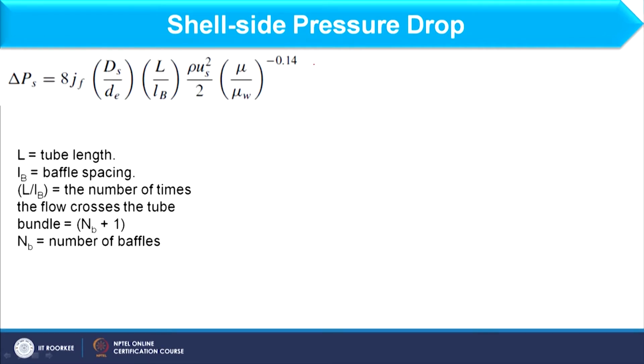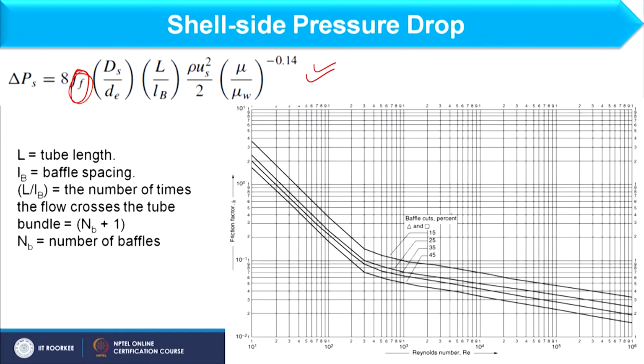If you see here, we have the expression to calculate the shell side pressure drop. JF is again the frictional factor, which you can see from this graph. It will depend on the baffle cut. Whatever baffle cut you are considering, based on that you can see the JF factor depending upon the Reynolds number. And here we have ds by dE. dE is the equivalent diameter that we calculated in the heat transfer coefficient calculation in shell side, ds is the shell diameter, capital L is